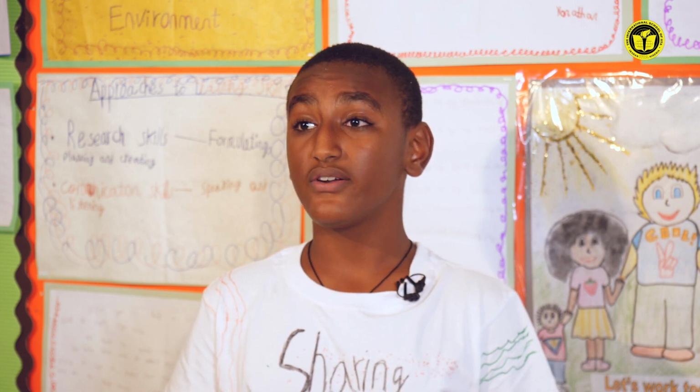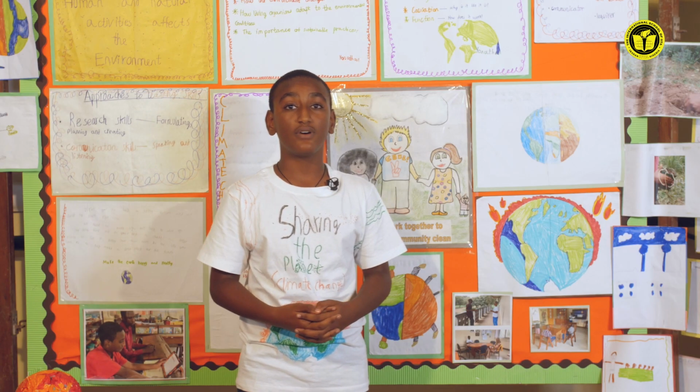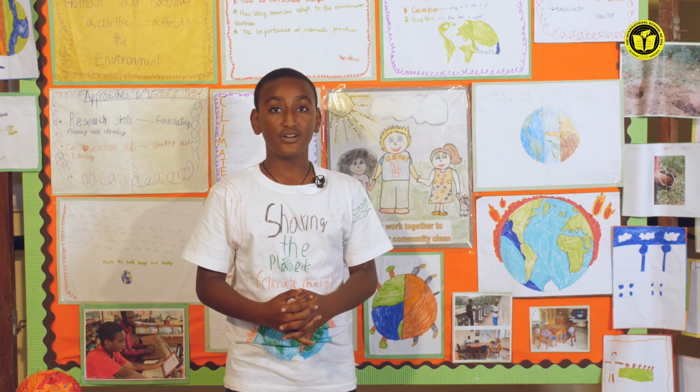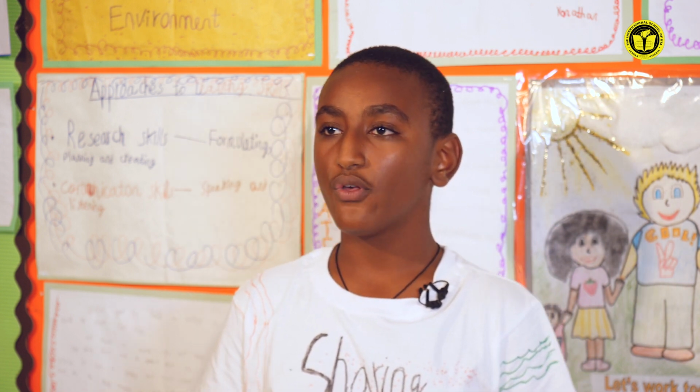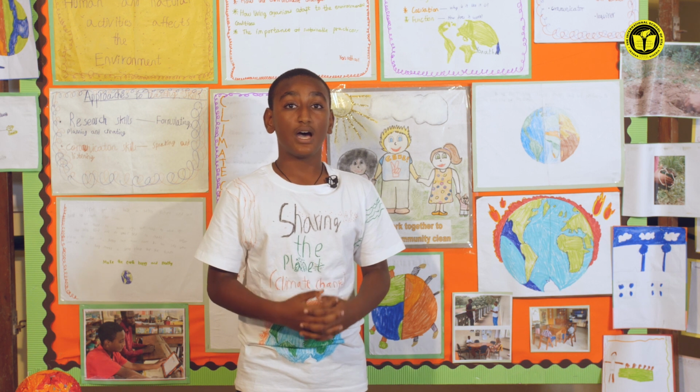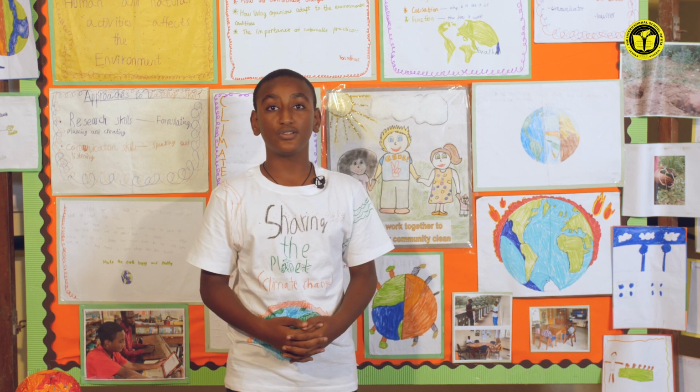Next, my next line of inquiry is how living organisms adapt to the environmental conditions. Living organisms have to adapt to the environmental conditions. A few of them do adapt, while the rest don't. A few of them that adapt are like the bears, the wolves, and the rabbits, who hibernate when it is too cold for them outside. And other animals, such as the crocodiles, hibernate in water when it is too hot for them. And us human beings have created inventions to avoid the environmental conditions, for example, the air conditioner, the heaters, the clothing, and shelters.